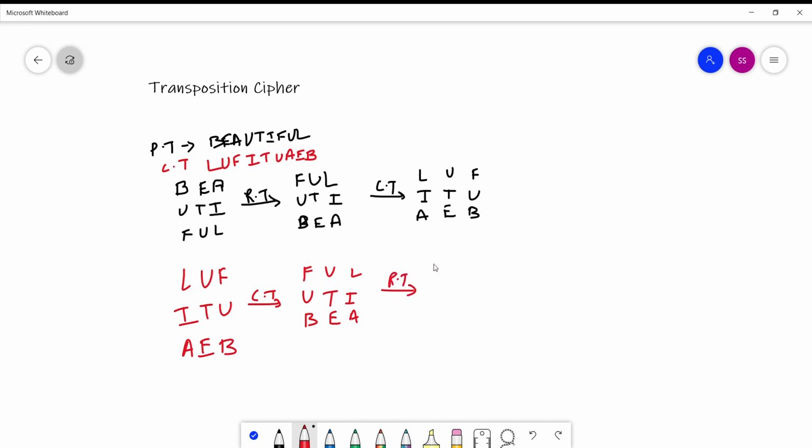Now I will do my row transformation. So row transformation is: the last row will come at first and the first row will come at last. Okay. So again I will get my plain text, right?